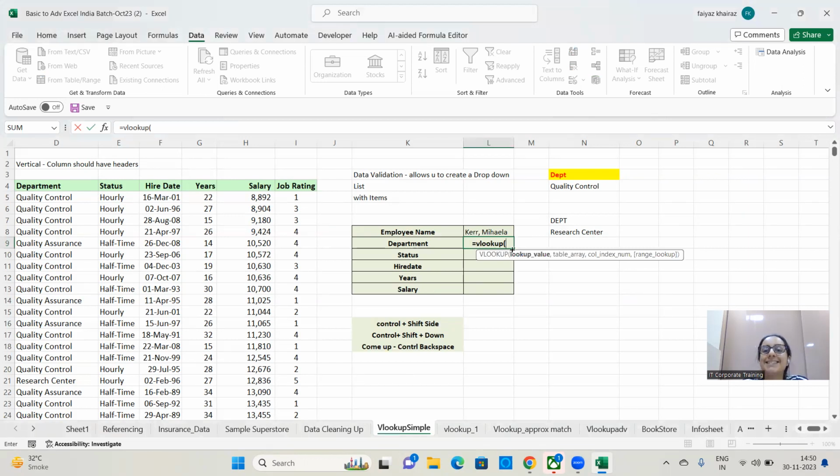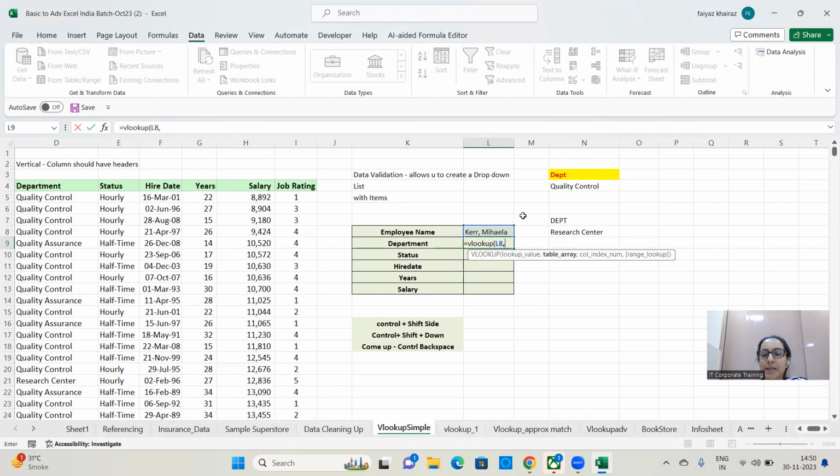Lookup value, as the name suggests, stands for what are you searching for? So here I am looking for employee name Mihaela Kir. Okay, so I'm looking for this employee,